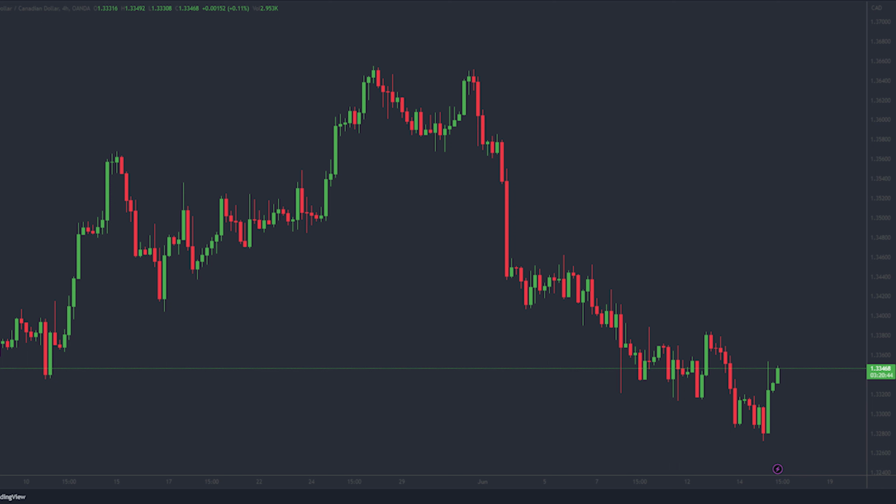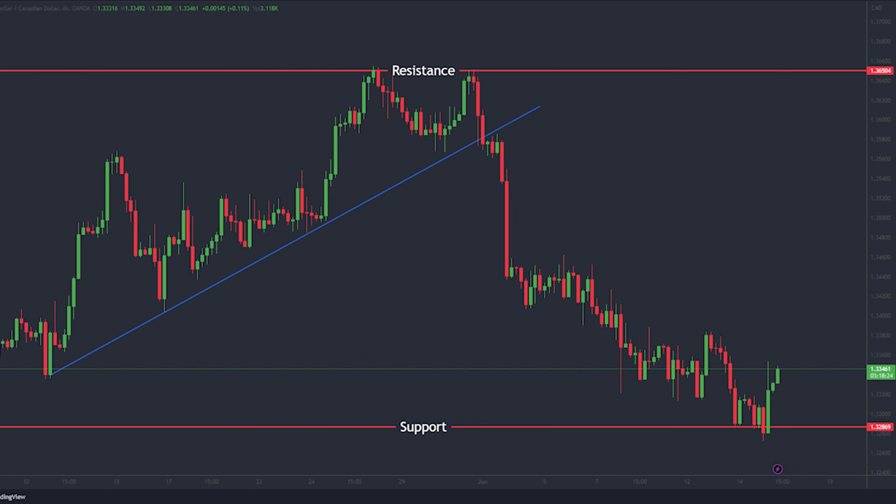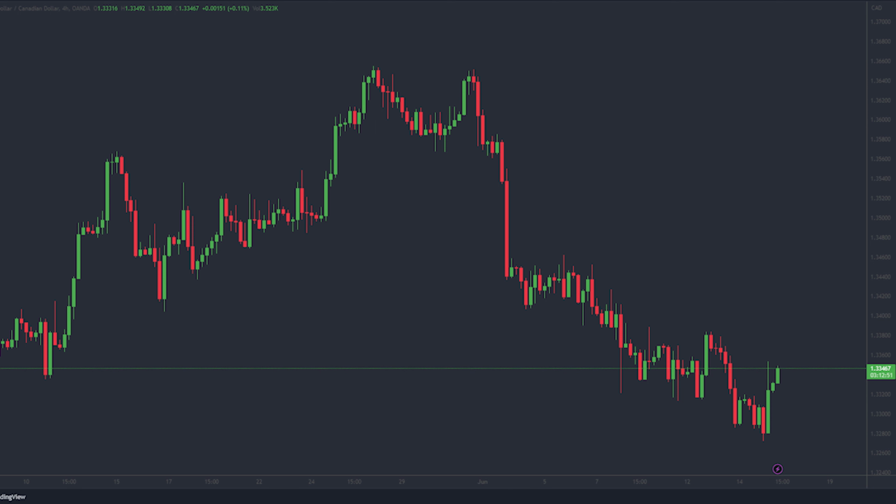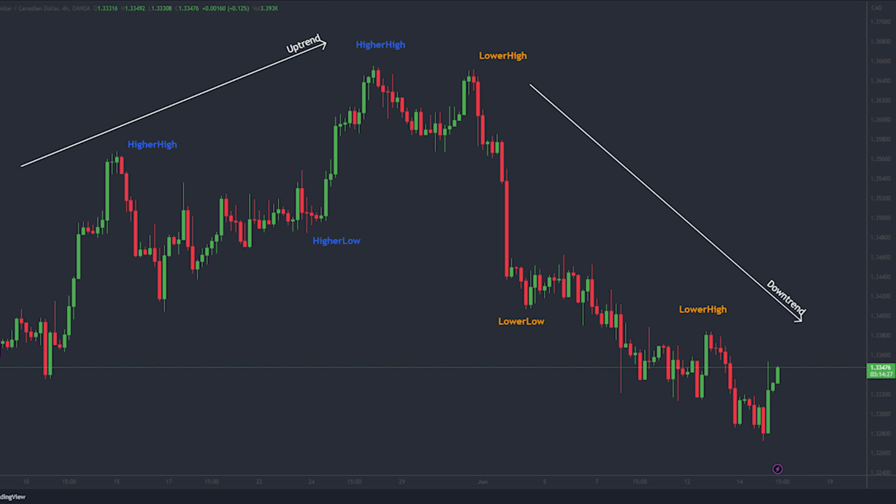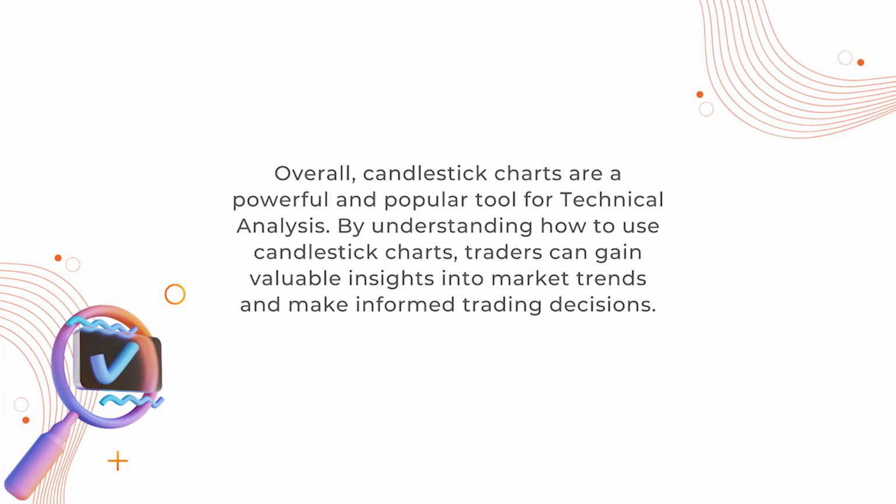Candlestick charts are useful for identifying price movements and patterns, including trends, support and resistance levels, and chart patterns. To identify a trend using a candlestick chart, traders look for a series of higher highs and higher lows in an uptrend, or a series of lower highs and lower lows in a downtrend. Overall, candlestick charts are a powerful and popular tool for technical analysis. By understanding how to use candlestick charts, traders can gain valuable insights into market trends and make more informed trading